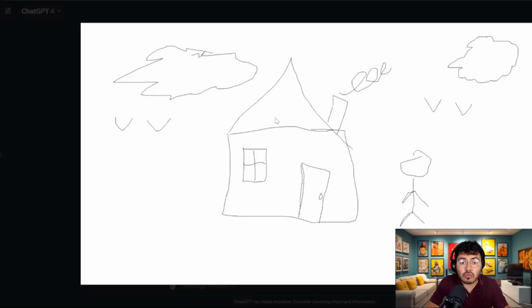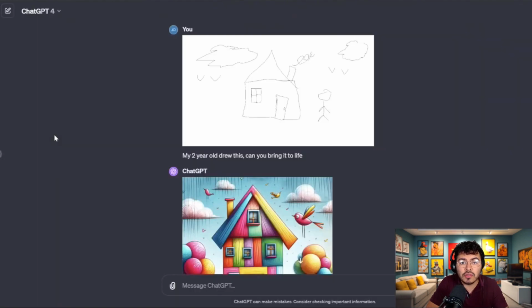So next, another popular topic I am seeing online on X, Twitter, whatever you want to call it, is where you're actually drawing a picture and the picture could be horrible. I'm going to just tell ChatGPT that, hey, look, my 2-year-old, even though I don't have a 2-year-old, drew this, and can you bring it to life? But before I show you my amazing art style and my amazing art skills,